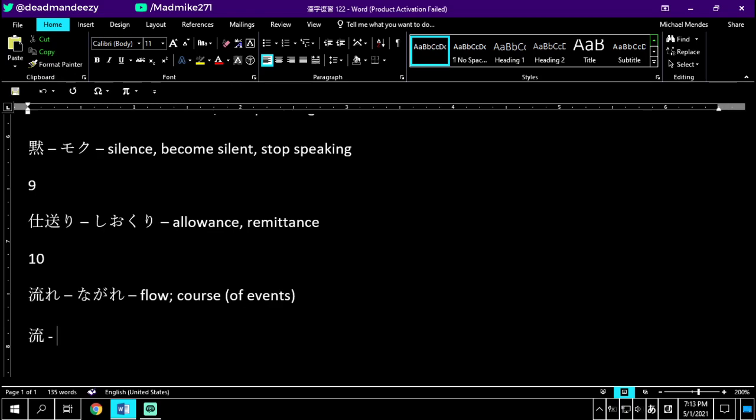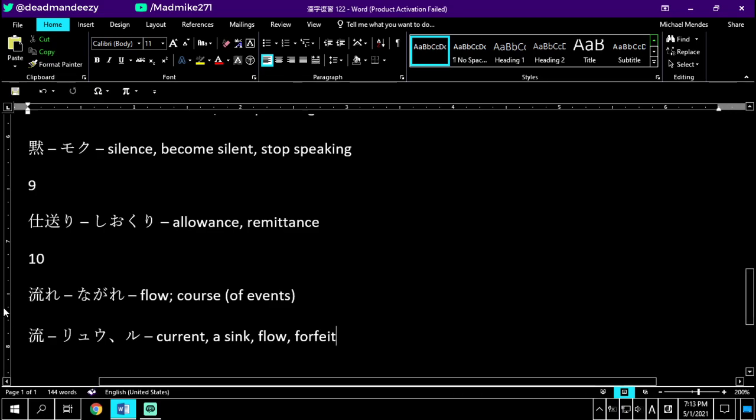Only for this word are ryu and ru. Ryu. Ru. This is a current, a sink in fishing, flow, or forfeit. Current, or flow, is nagare. Nagare. Current or